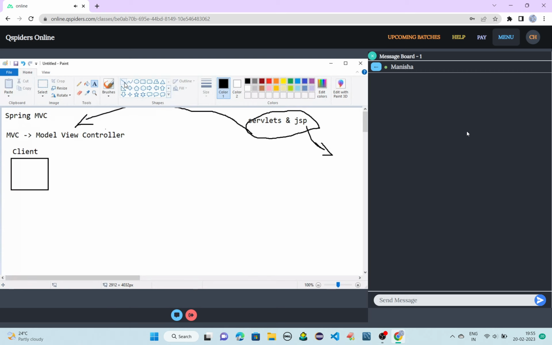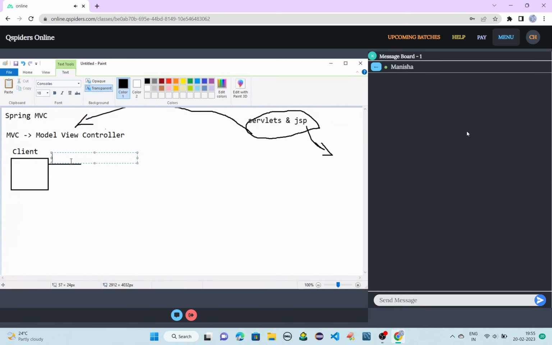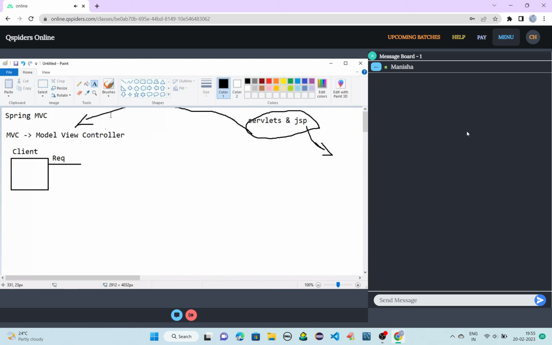If you are using any application, you will send a request, correct? Let it be sign in, sign up, register, update, delete, let it be any request, but a request will be sent, correct?